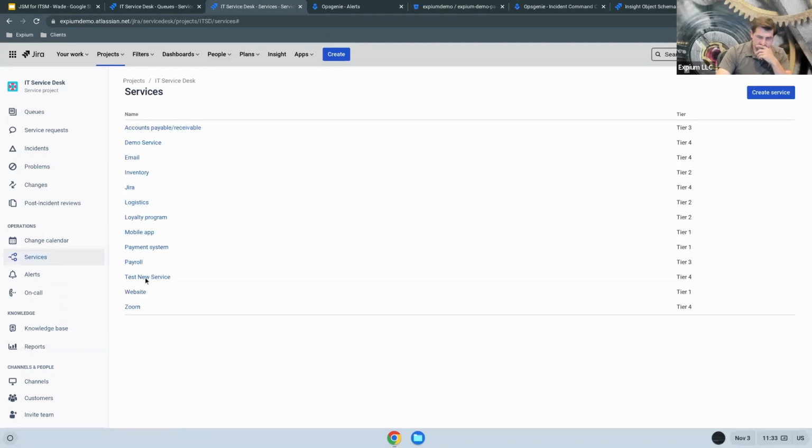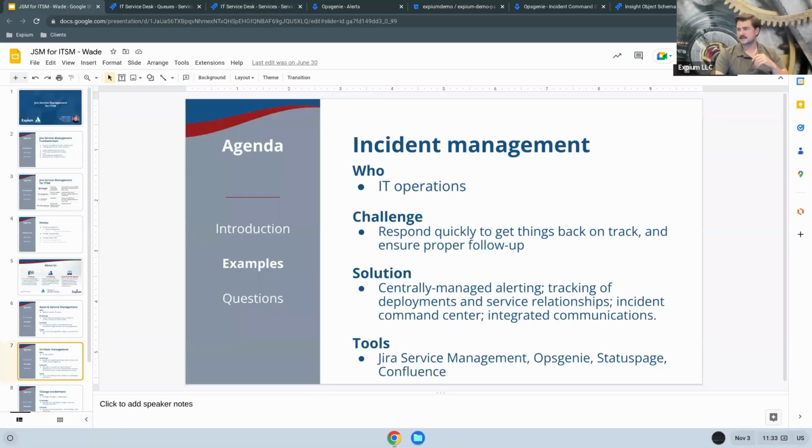So that is going to be services, as well as all of the incident management functionality within Jira Service Management and some of the high-level things that you can do. Now, you can get really nitty-gritty with this, but we're just taking this high-level view right now. So I'm going to come back to my slides,